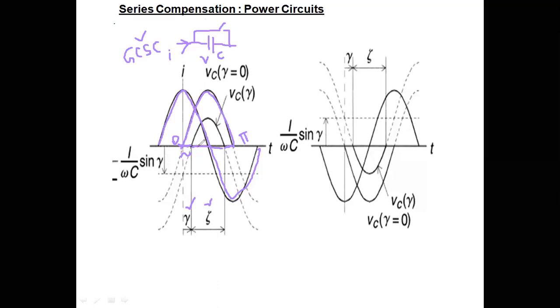So by changing that angle, you can get different values of voltage. For different values of gamma, you get different values of voltage, so the voltage is varied with respect to gamma. Once the voltage across the capacitor is varied and the current is constant, the reactance can be varied. Reactance is simply voltage divided by current in the case of a capacitor, so we can vary the reactance with respect to gamma, by varying the voltage. This is the logic in the GCSE.